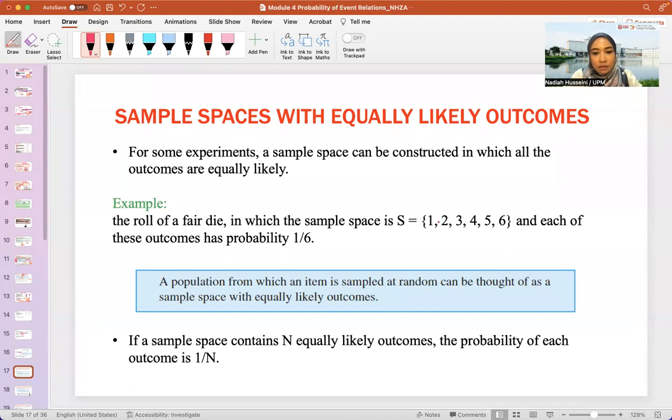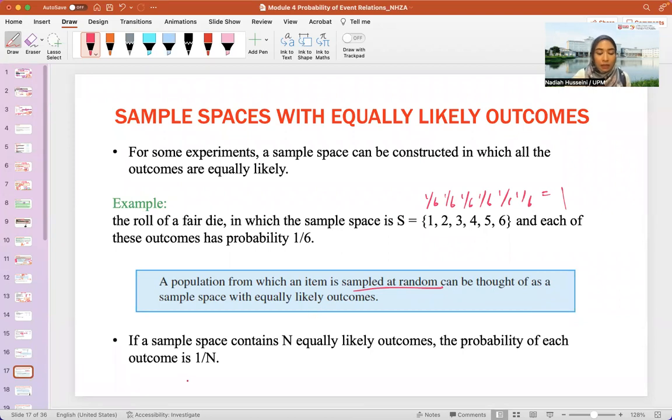So my sample space is 1, 2, 3, 4, 5, 6, and all of them have the same probability if I were to assign. So the probability would be 1 over 6, 1 over 6, 1 over 6, 1 over 6, 1 over 6, 1 over 6. And the total would be 1 because my sample space should always equal 1. So a population from which an item is sampled at random can be thought of as a sample space with equally